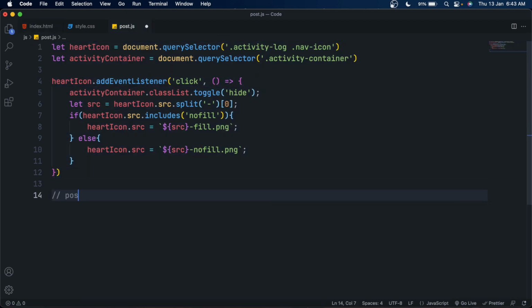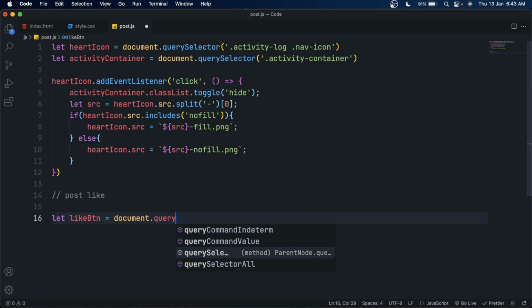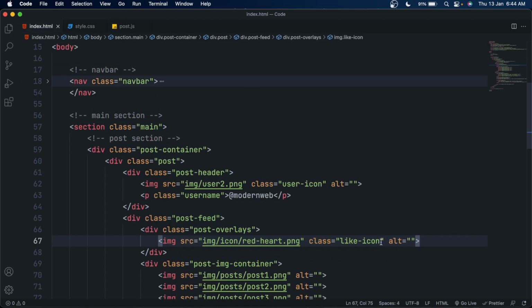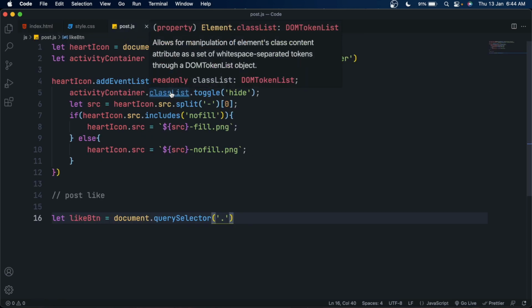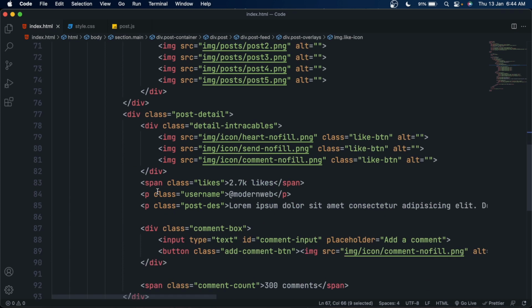Yeah. So inside the post.js, select the like icon of the post, and set it equal to document.querySelector, and inside it pass the class name of this like icon, which is the like btn class.